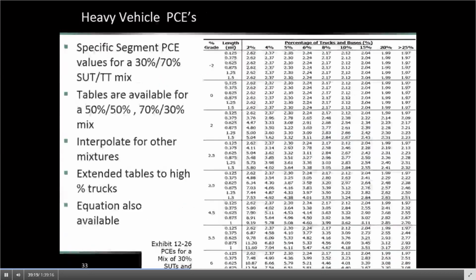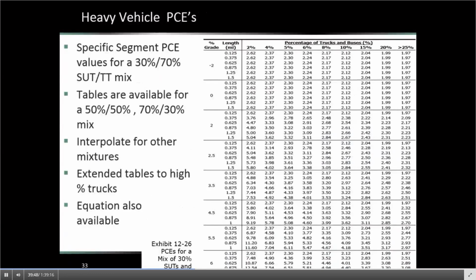Along with the PCEs provided in the new HCM for general terrain, there are 3 lookup tables also provided in Chapter 12, which provide a more accurate way to estimate PCEs whenever our grades are higher than the thresholds that we have for the general PCEs or whenever our truck percentages are high.